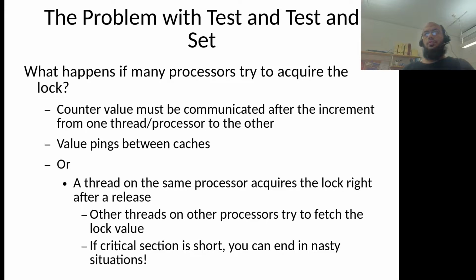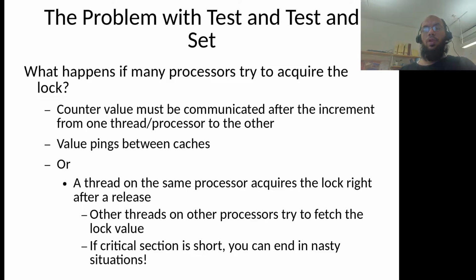And you also might have the case where the value pings between caches. So you have basically thread 3 and thread 4, so a thread on core 3 and a thread on core 4 that are going to run, and then the thread at core 1 is going to run again. And imagine that this value now will need to jump between all three